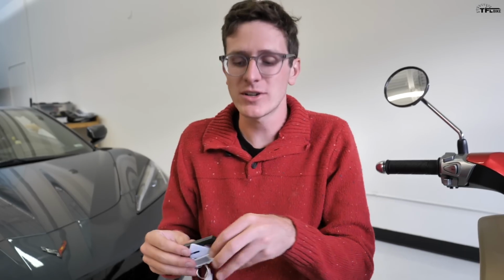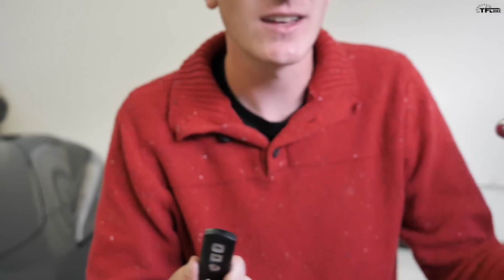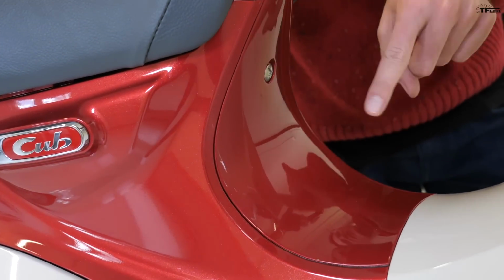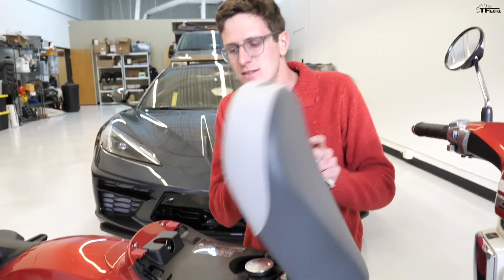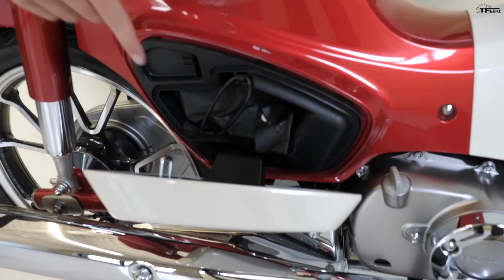And then we get to the smart key. This is kind of a cool system, but if the battery dies on the scooter, you can't start it. Now to charge up the battery, you actually have to get under this cover. To get under this cover, you need a screwdriver. And to get to the screwdriver, you need electricity to pop the seat so that you can access the toolkit. But you can't pop the seat and access the toolkit unless you have charge in the battery, so it's more of like a